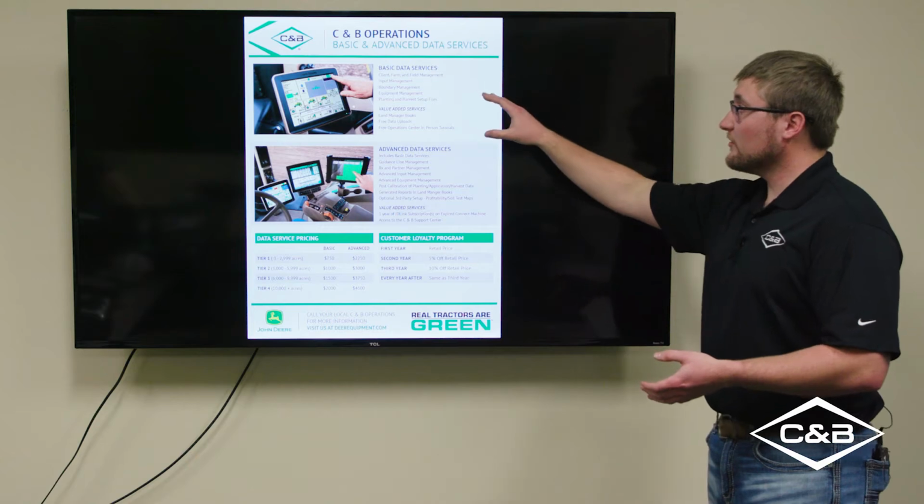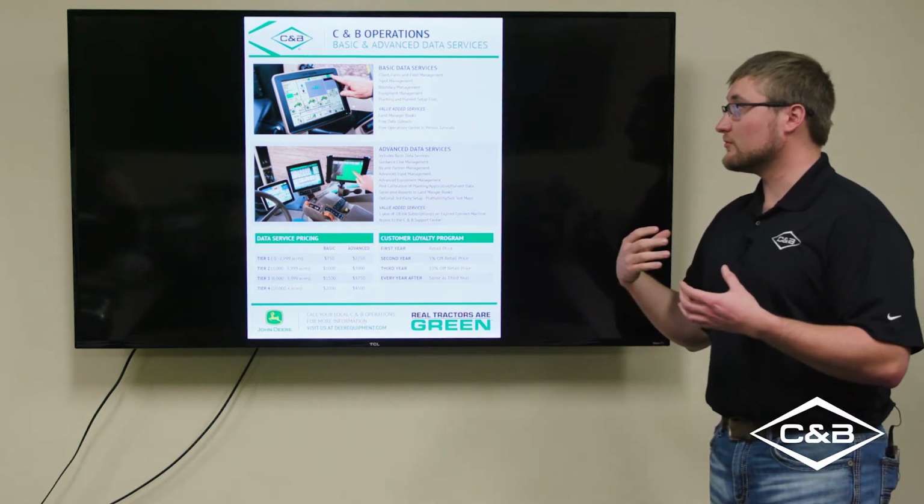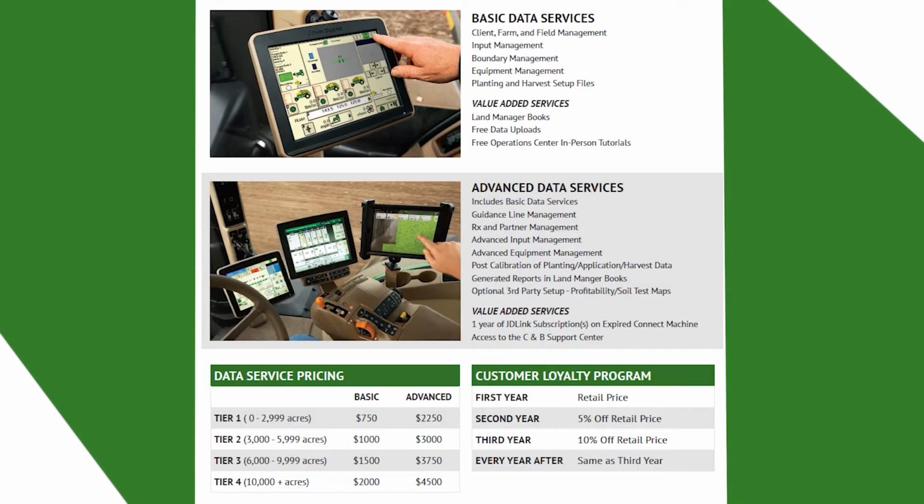We go to the input management. So input management is product manager. So if you give a C&B Operations employee a list of what varieties you need, chemicals you need, etc. Anything that needs to be put in the display as an input, we will put it in there for you